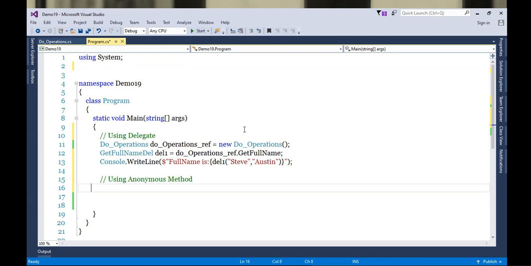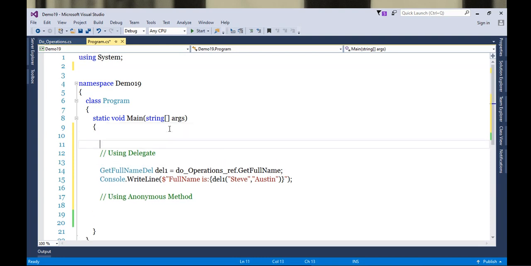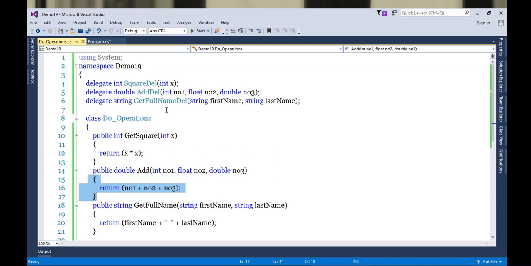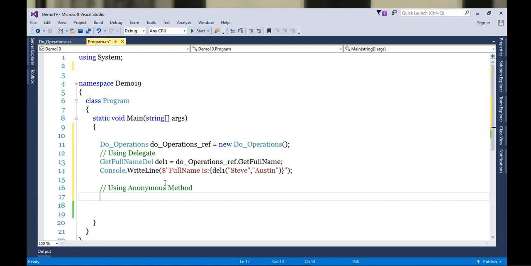Okay, so now let's go ahead and start using this anonymous method. So how will you use it? First, we'll create a delegate reference. Which delegate did we create for this add? This add delegate. So let's create a reference of it.